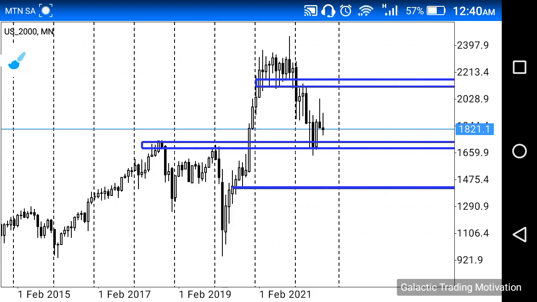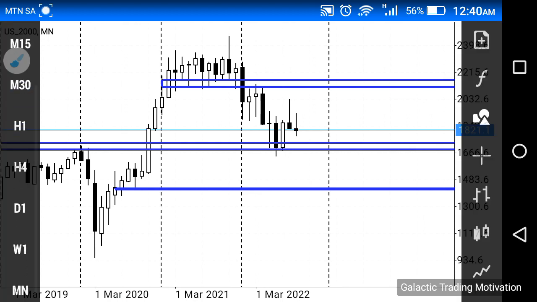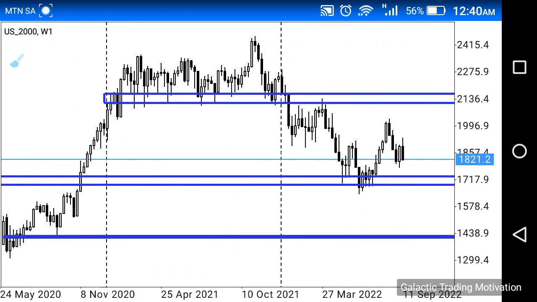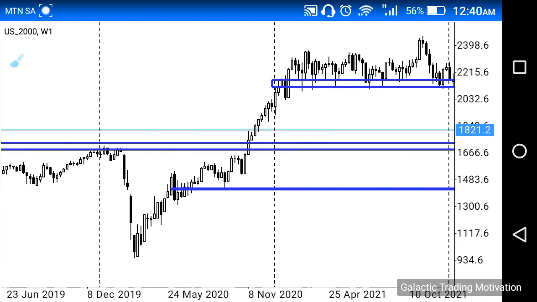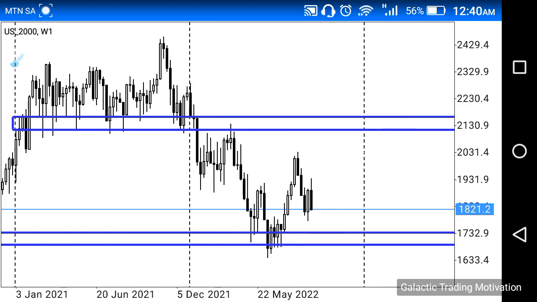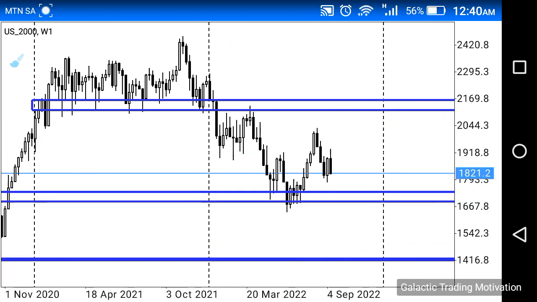What else do we see on this? We should be paying attention to. I don't see much really, so let's get down to the weekly chart. And here, weekly chart. So what do we see on the weekly chart that is interesting, or that we should be paying attention to? On the weekly chart, can you guys also see that